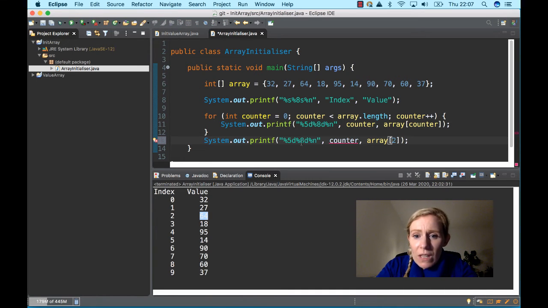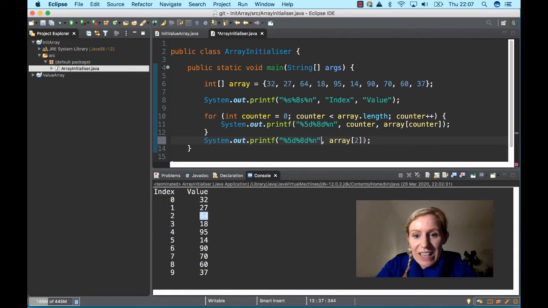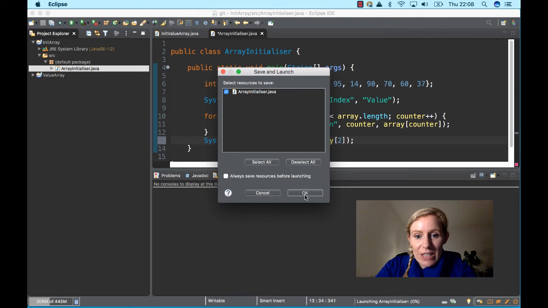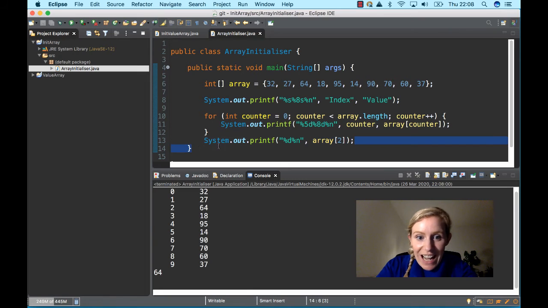So that's also worth noting when it comes to printing out anything or doing anything like that. Obviously we only need one %d for that then, and if I ran that, it should come up at the bottom. Yeah, 64. So we have 0, 1, 2, and then 64, which is the third element, which is up here,